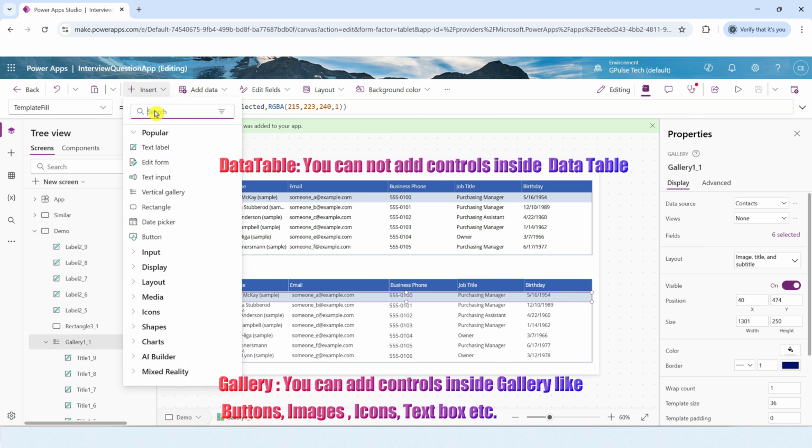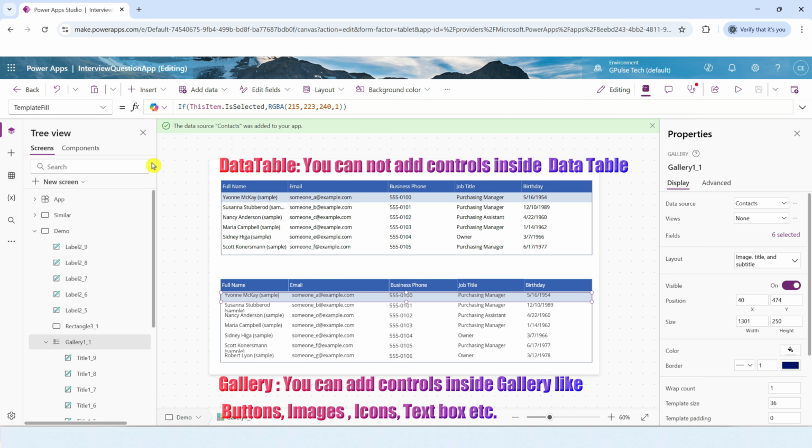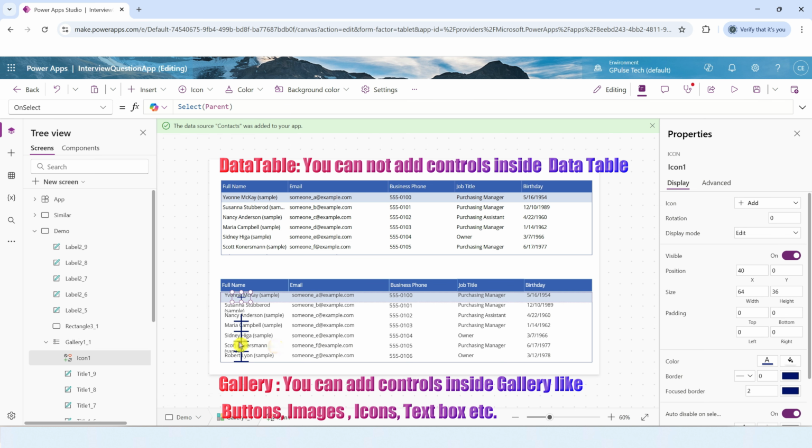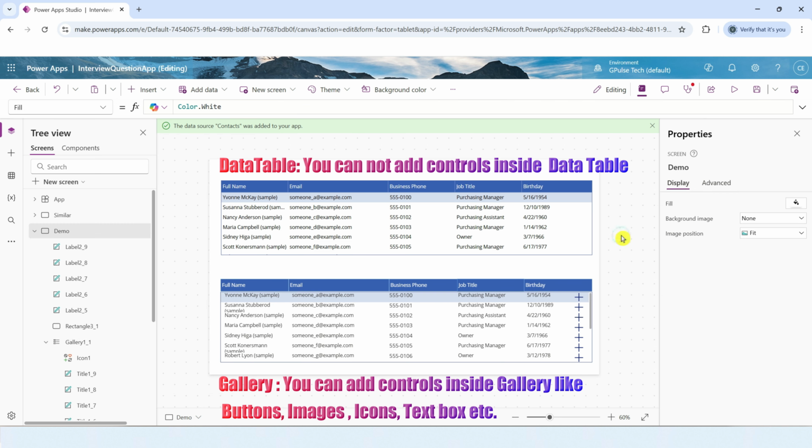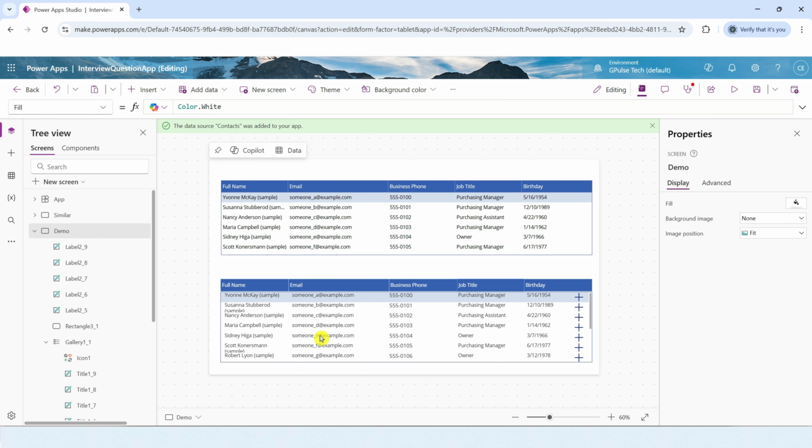Click on insert, search for any icon. Let me add the add icon over here. Okay, so as you can see, you have successfully added the icon over here. If I try to select this data table column, I don't find any option to add an icon or any control. Another difference is that a gallery supports both vertical and horizontal layouts, whereas a data table is limited to